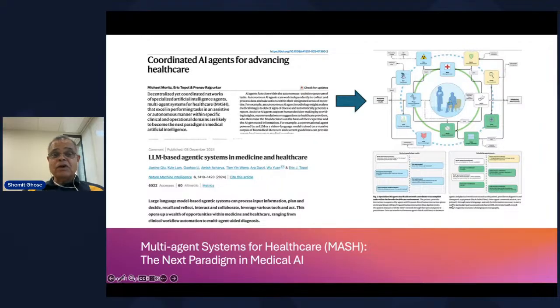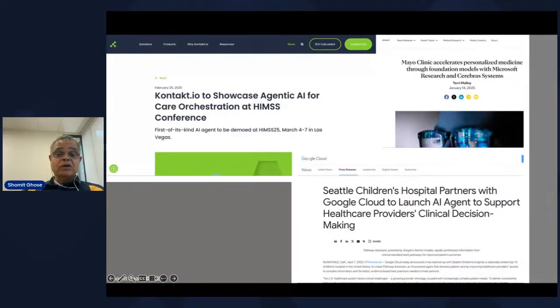So if you look at the diagram there on the right-hand side, picture yourself there in the center in consultation with your doctor. What's unseen to you is all the expertise she's been able to summon up on your behalf from agentic AI, medical practitioners, doing things like diagnosis and treatment therapies, as you see in the surrounding boxes. Within healthcare, we're already seeing the opening stages of this game from startups like Contact and big companies like Google.